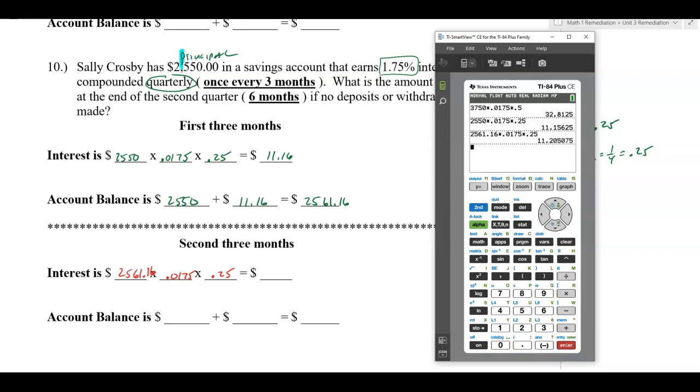right away I get $11.21, because this tells me to round it up to 21. So now my final balance after 6 months is 2,561.16 plus the 11.21,